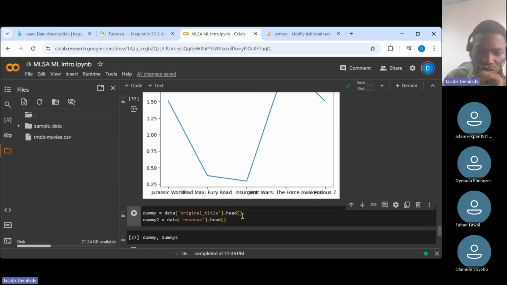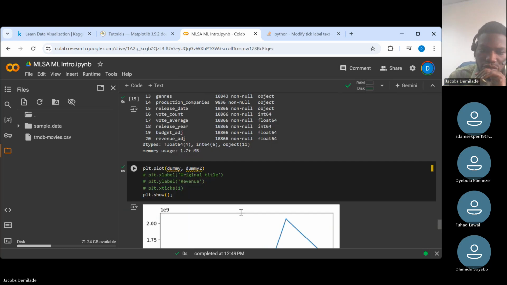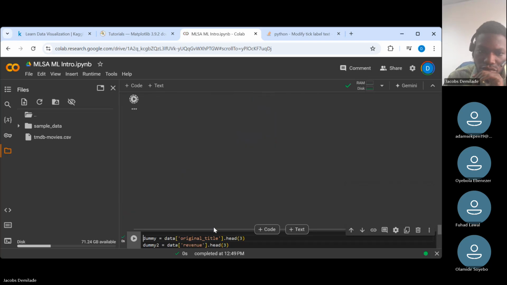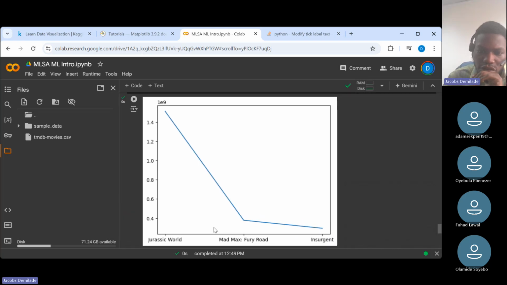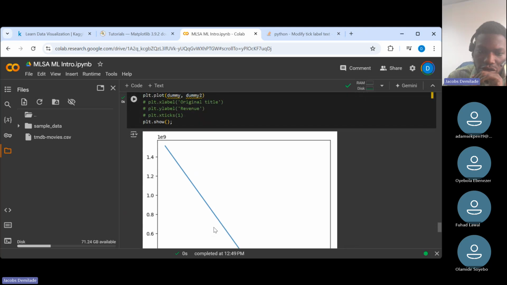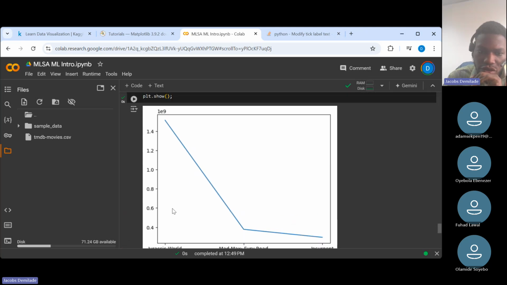It's not even. Let me just pick the top three. I think this is better. So now you can see the top three movies and the revenue generated. You see that Jurassic World generated like 1.2, 1.4. This will be 1.6. So it generated like 1.4 to 1.5